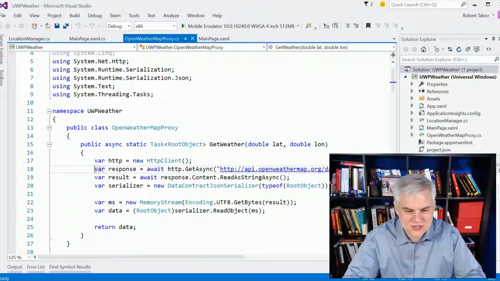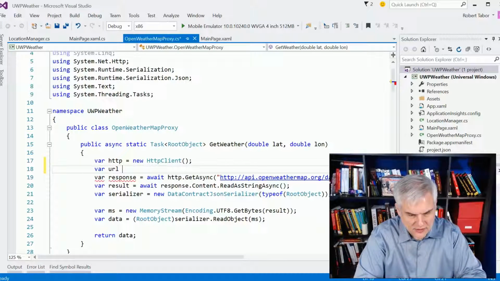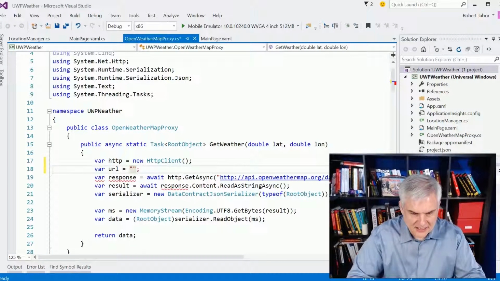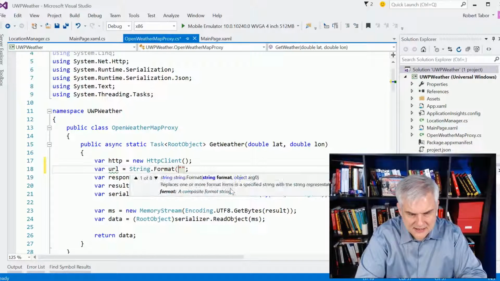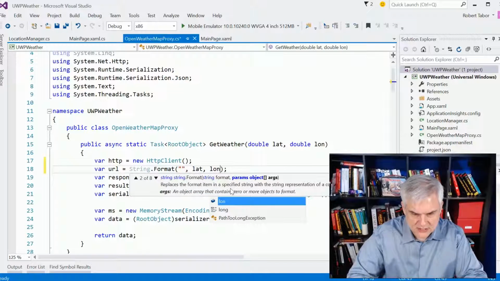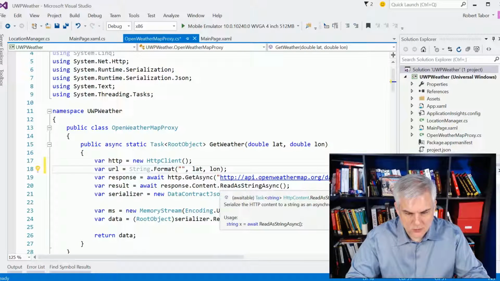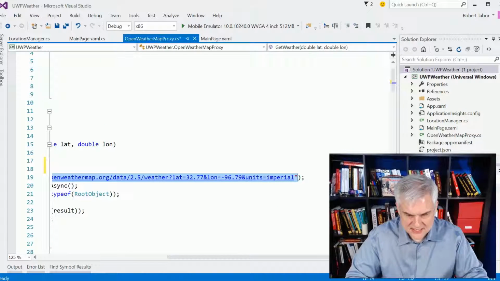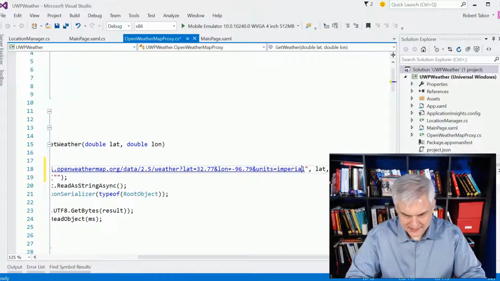So what we should do here is actually var URL equals, and then I'll do a string.Format around that, and then pass in the lat and the longitude that we grabbed from input parameters for the GetWeather method. Let me grab all of this out right here and paste that in there, and we will substitute in